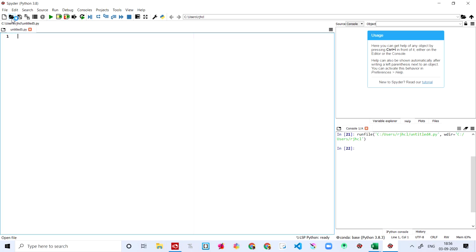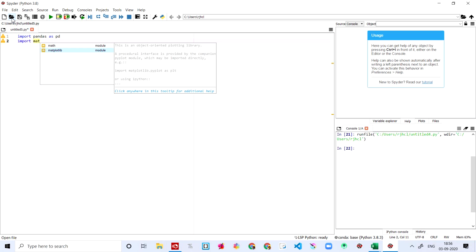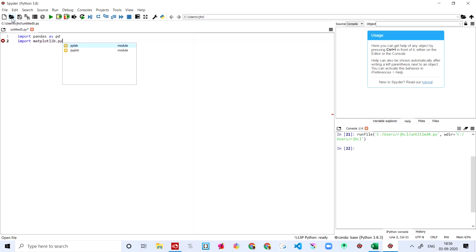So let's do that. First thing we are going to do is import pandas as pd, and then I'm importing matplotlib.pyplot, which means Python plot, as plt. Then we are coming down and saying df is basically a variable.